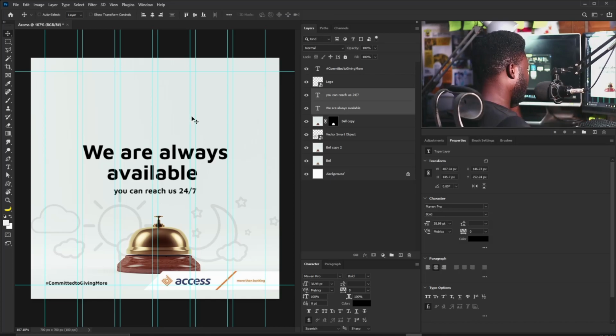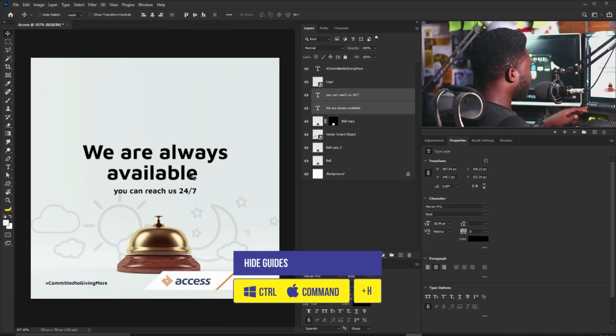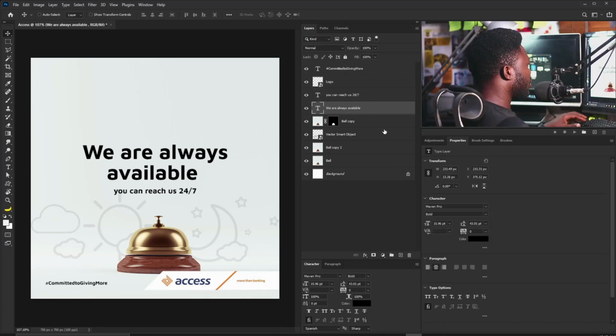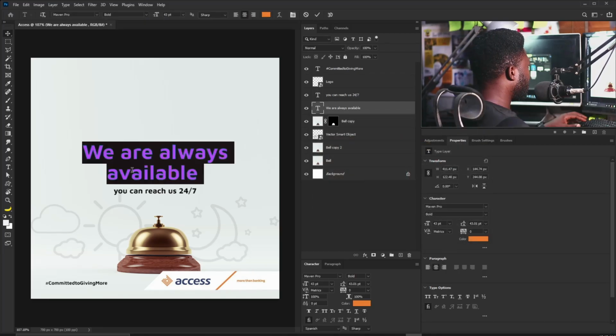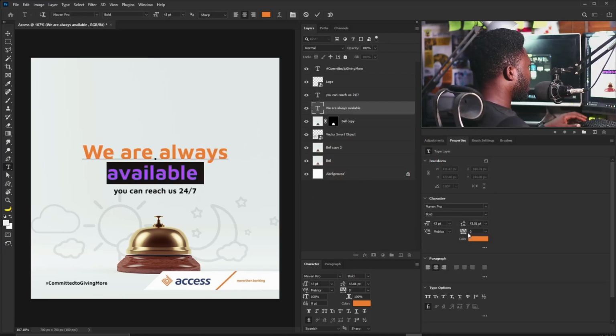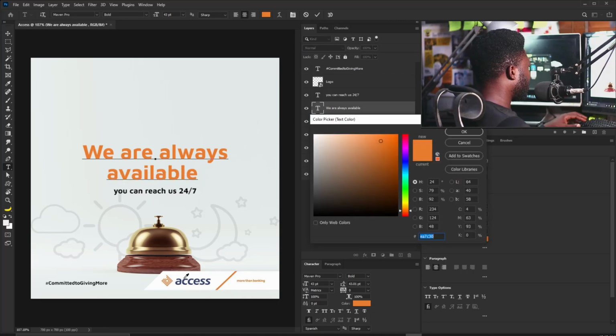Like so. All right. Then I need to change the color. So I'm going to hit Control H on my keyboard to take away my guides. And I'm going to change this to orange. So I'm going to pick the orange from here and click the OK button. So I'm going to change the available to this shade of color, all right, so as to call attention to it. So I'm going to move this here,